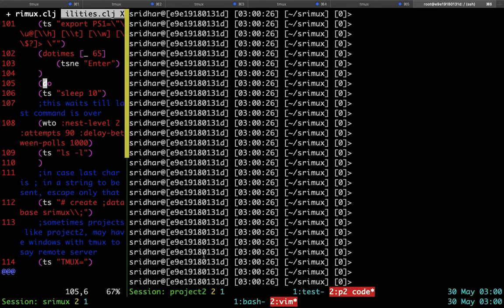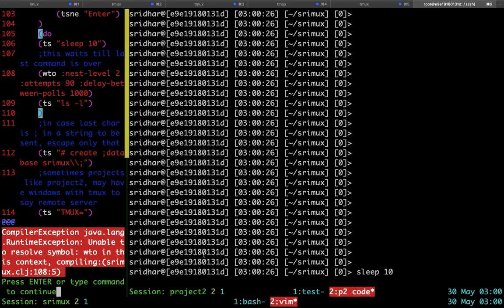demo of wait. So this should now wait 10 seconds before it executes ls minus l. So let's do that. Okay, so here it says that it's not able to resolve a symbol.